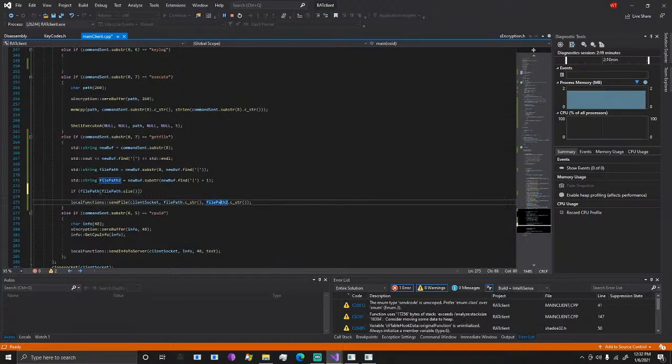I think that returns the right, like this should be the last thing. If the last byte is equal to a space,